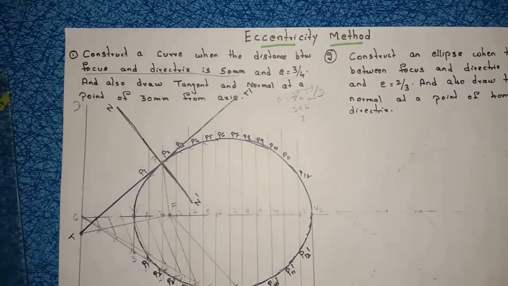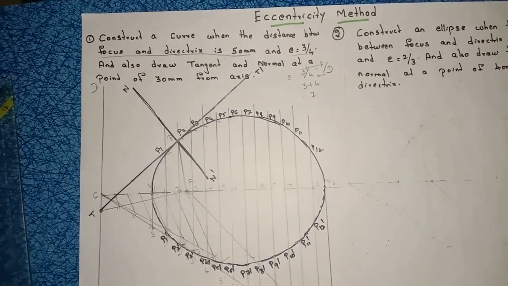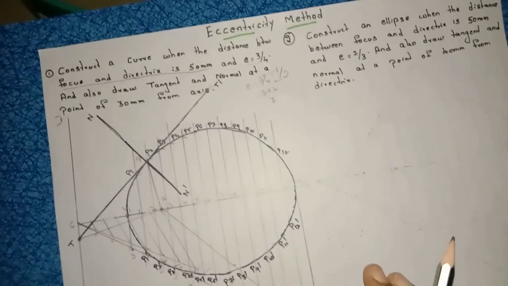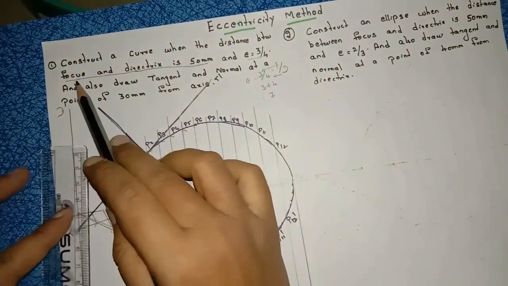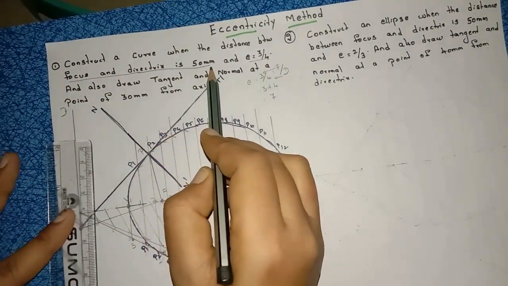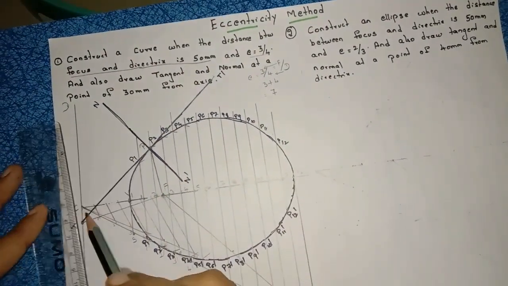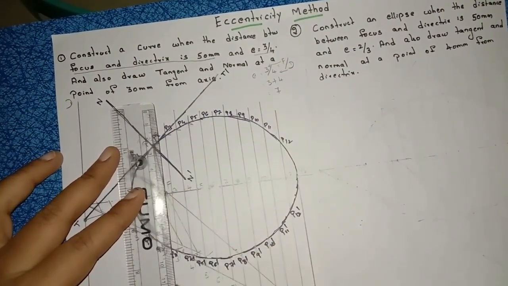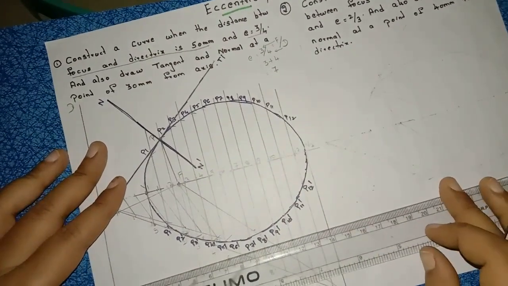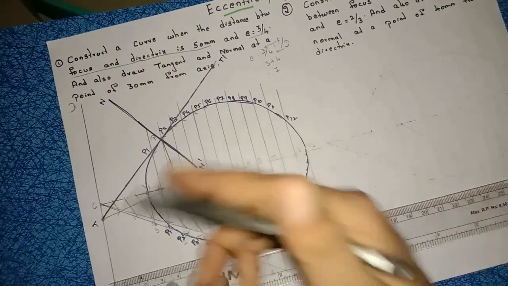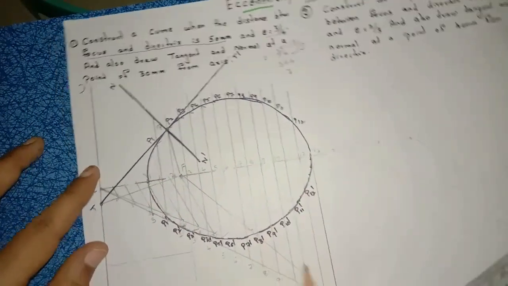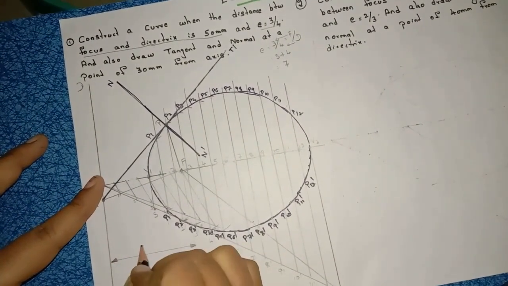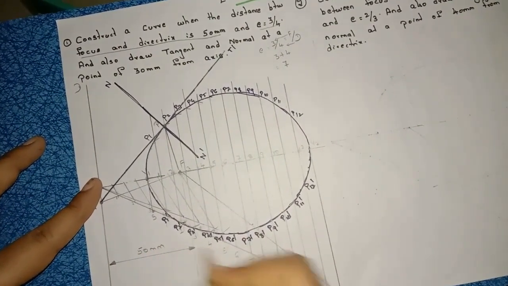So after writing the points, you have to mark the dimensions, right? So whatever they mention in the question, you have to mark that, right? So in the question, what they mentioned: the distance between focus and directrix is 50 mm, right? So directrix to focus, this is the focus, no? Draw the extension line, right? So the distance is how much? 50 mm. Distance is 50 mm. Dimension line, closed and filled arrow marks, you have to write here 50 mm.